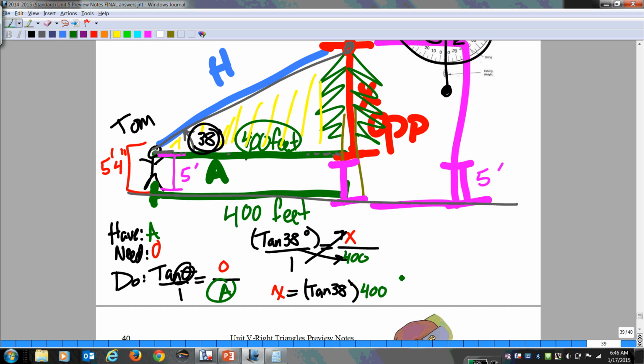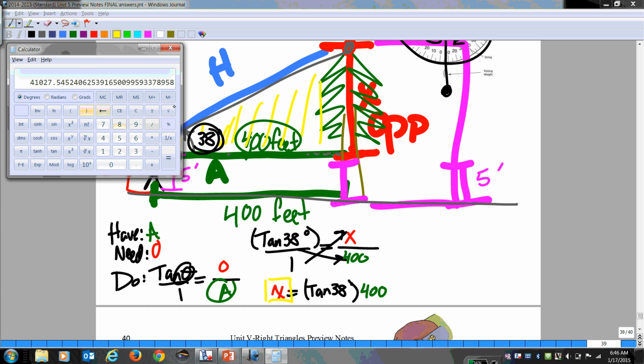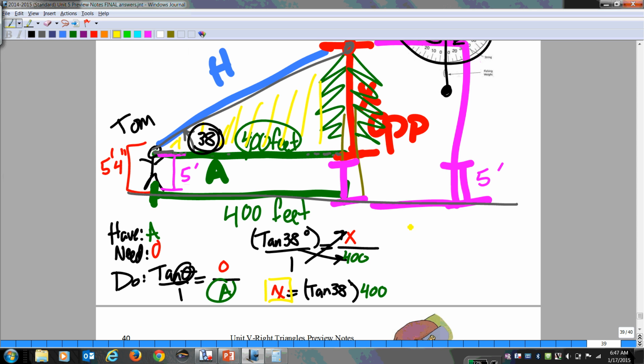We cross multiply, and you see x is already by itself. That's just after cross multiplying, so at this point you can pick up your calculator. And that's going to be tangent of 38 times 400, which is 312.514, so it's 312.51. So x equals